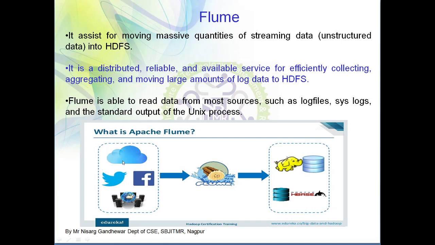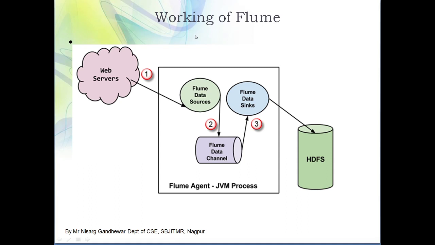So Flume can extract all this kind of unstructured data, and it helps us to store that data into Apache HBase, because HBase is a NoSQL database provided by Hadoop. Now this is the working of Flume. We have a web server, as we have discussed, in which n number of web services are running and continuously generating log data. That data is extracted by the Flume data source.